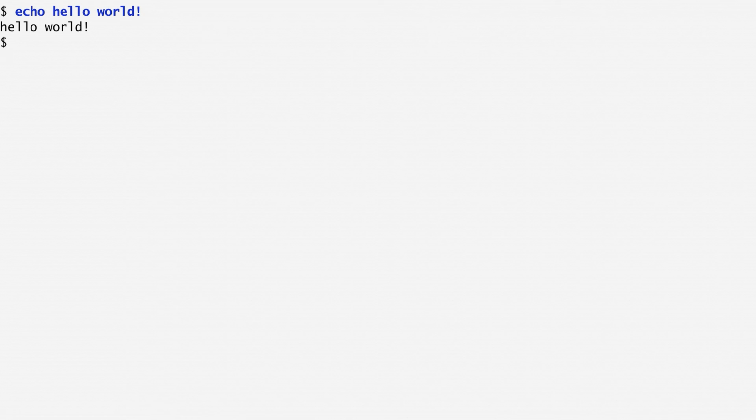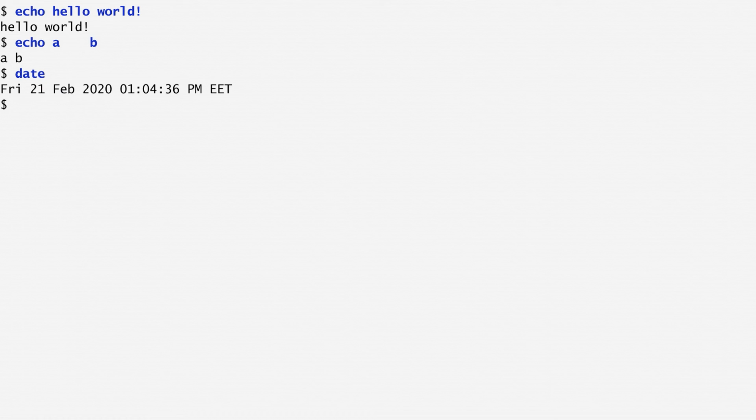If I run echo hello world, hello and world are its two arguments, and these will appear on the screen. The arguments of each command are separated by one or more spaces. A command takes its arguments and operates according to them. In this case, echo will output them separated by a single space. If I enter echo A followed by multiple spaces and then B, the result is still A, a single space, and B.